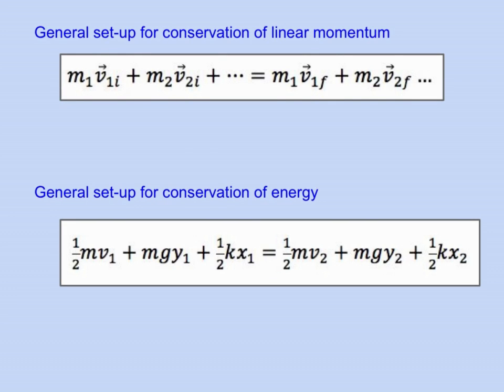A lot of the clues in terms of what strategy to use can really come by just looking at the basic setup. So at the top of the screen here, this is the general way that we would be setting up some sort of problem-solving situation that uses linear momentum. Notice that there are two masses before and after the collision, and that they each have their own individual speeds, or maybe they connect together or something like that. But the key thing is that there are two different objects